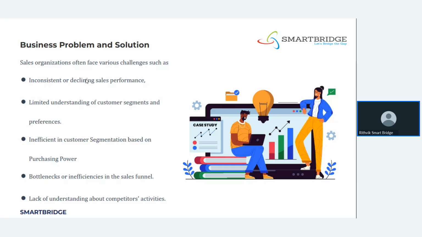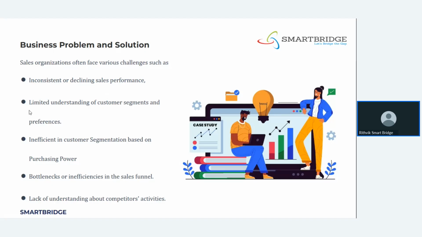These are all the problems we are facing, and we need to solve them as a data analyst. Inconsistent sales is a small example. First, we need to capture the what. If you have data, first you need to capture sales data. You need to capture the inconsistency: why sales are declining, why we are having fewer sales.